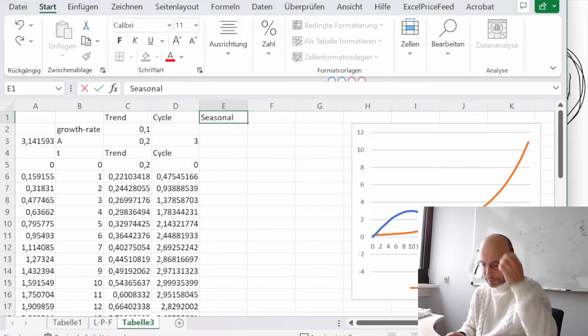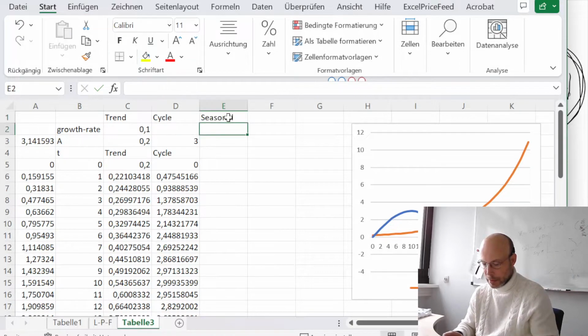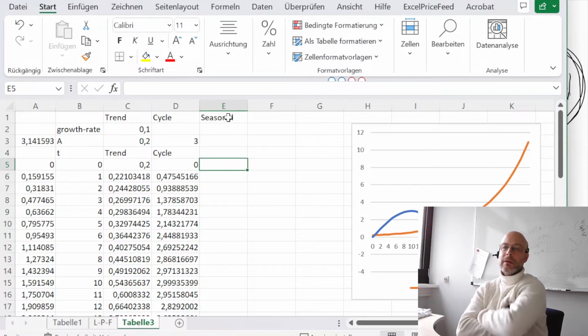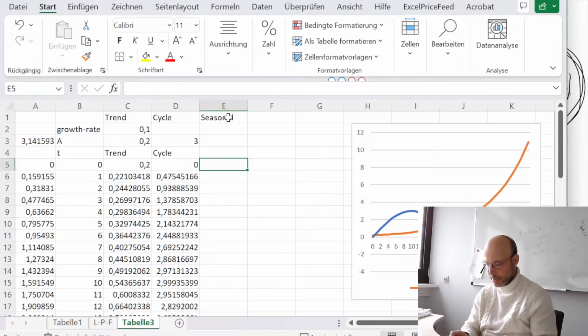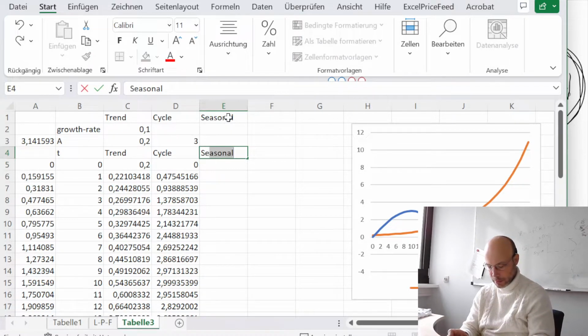For this seasonal data, take for example the construction sector, that you do not build that much during winter time, and you are building more houses during the summertime. So seasonal data